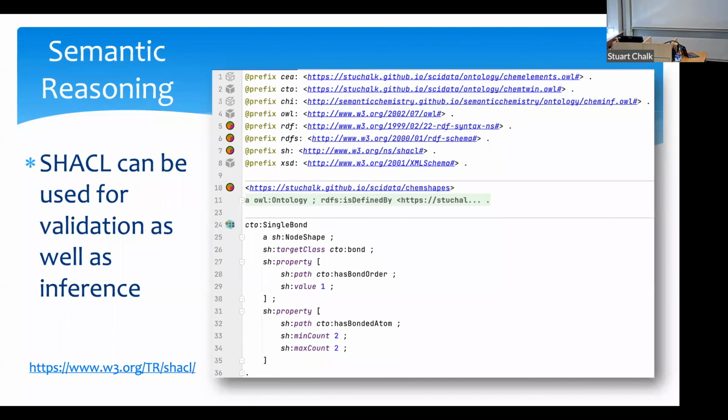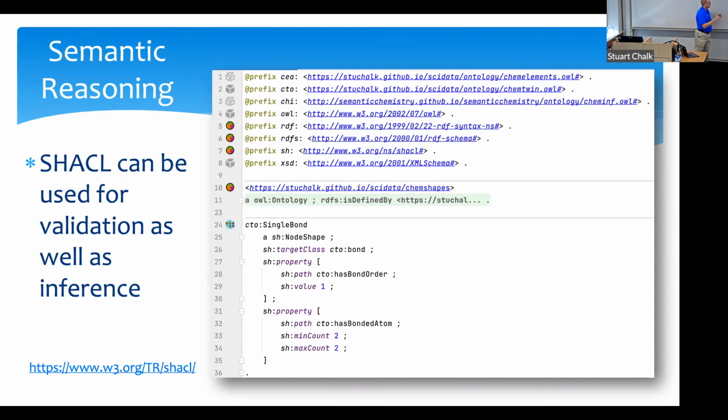And then we also add a property that says that that bond also has a maximum and a minimum of 2 atoms. So we actually have a representation of a single bond with 2 atoms, one on either end. And I know that seems very simplistic, but that's what you have to do in a sense of triples, because triples are very minute, right, specific representations of pieces of information. They're not telling you too much.